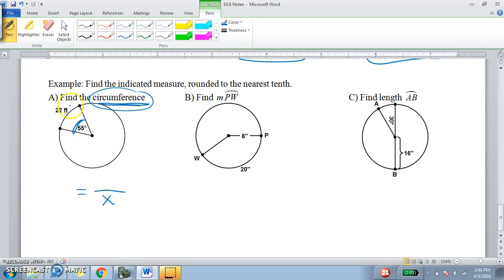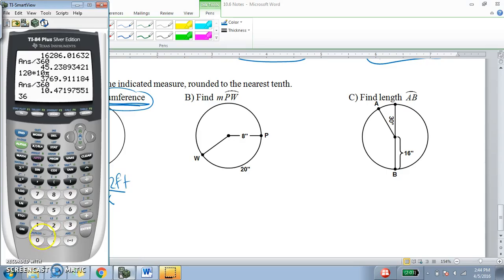Our arc length is given to us right here. It says the length of this arc is 22 feet. So I'm going to put that where arc length goes. The arc measure tells me this angle right here is 55. So that goes here. And arc measure is always compared to our total of 360 degrees. So same thing, I cross multiply, so now I have 360 times 22